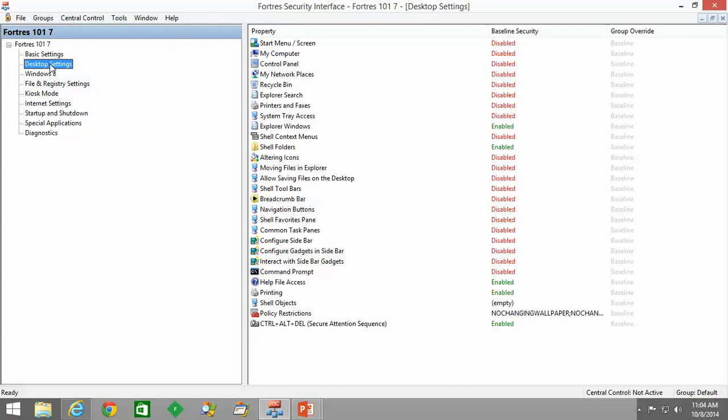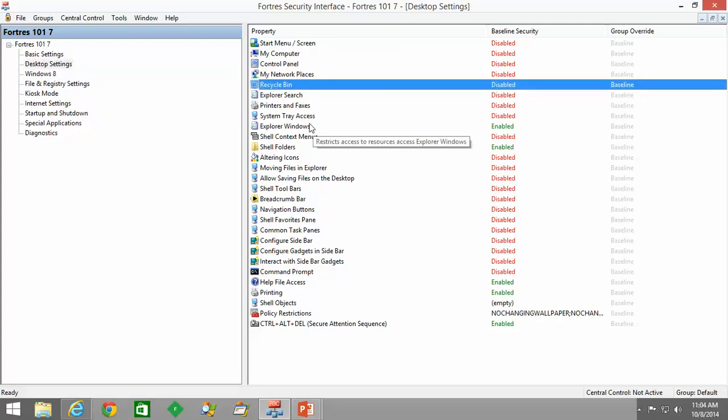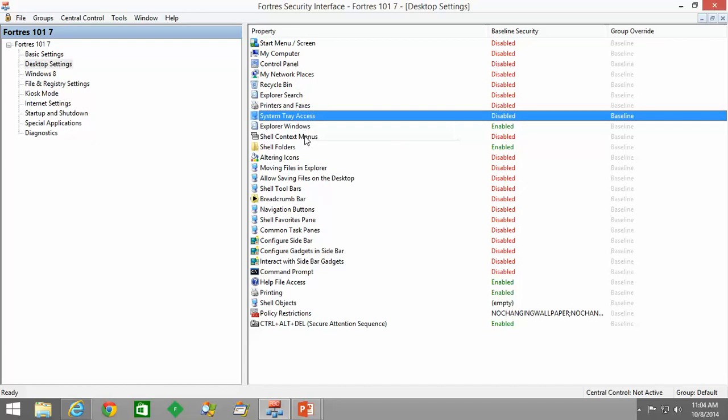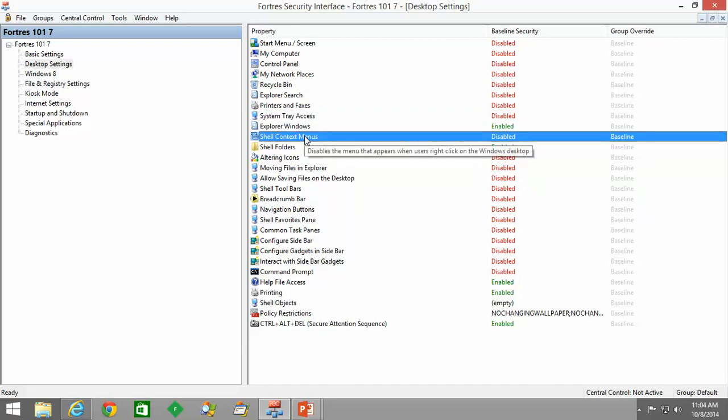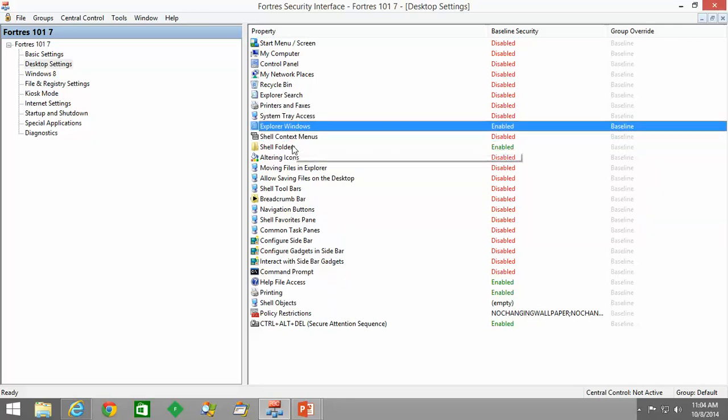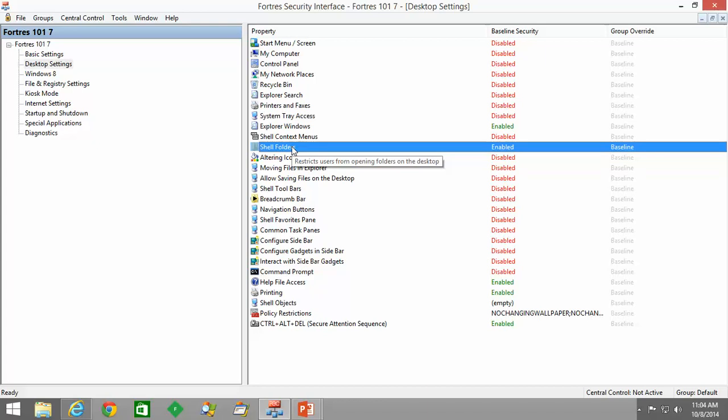The next group of settings are the desktop settings, and I'm not going to go through all of the desktop settings, but you can see there's an extensive list. Things like the start menu or the start screen, my computer, recycle bin, system tray access, shell context menus. Shell context menus would prevent users from right-clicking on the desktop and getting a context menu while they're at the desktop. All of these things can be enabled or disabled, and the majority of them are disabled by default except for Explorer windows and shell folders, and that is so that you can have a folder on your desktop that has a bunch of shortcuts in it to programs that you may want the users to have access to, and